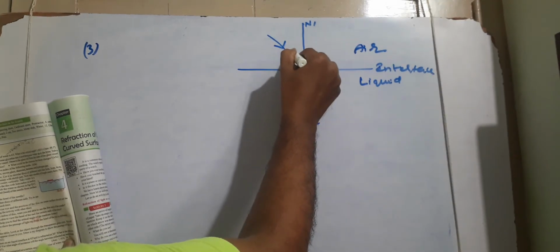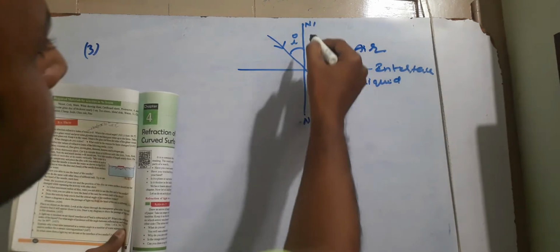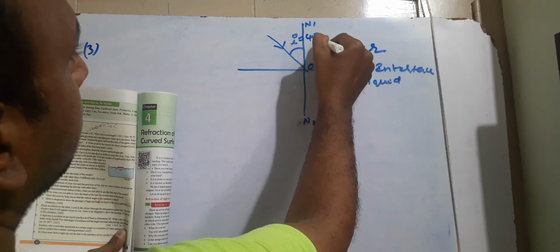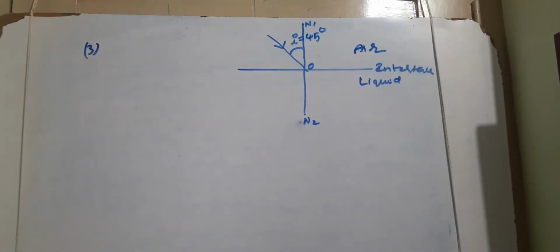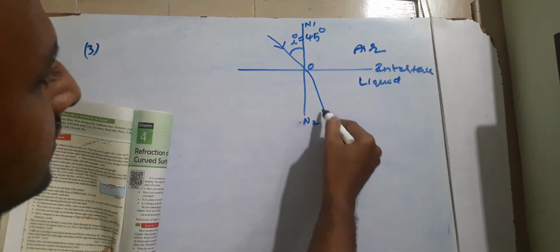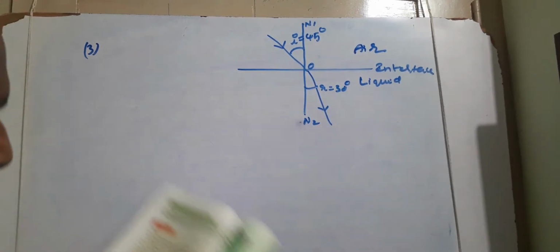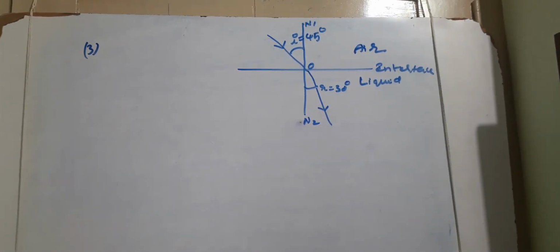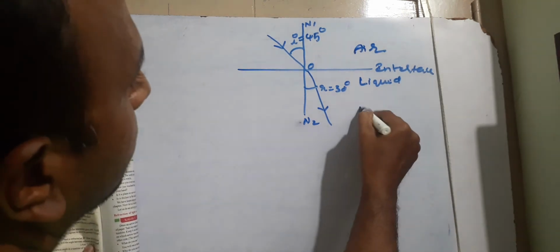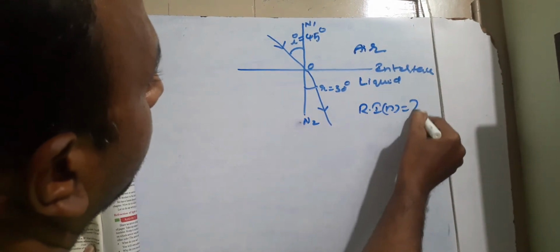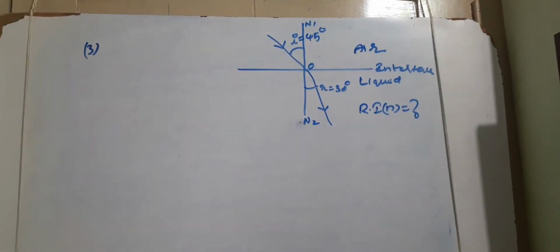So this is the incident ray and the angle of incidence is given. It is 45 degrees, students. It is given in the problem. And this is the refracted ray, given as 30 degrees. Then what is the refractive index of the liquid we want to find? So this liquid has a refractive index, we don't know it, n, so we want to calculate it in the first case. And in the second case, for what angle of incidence will the angle between reflected ray and refracted ray be 90? So first case, after that we go to the second case.